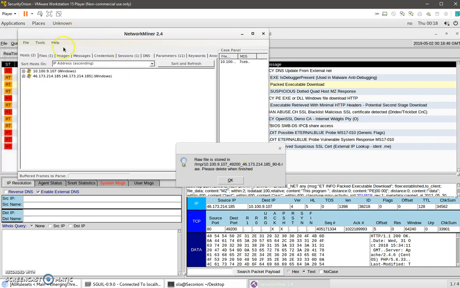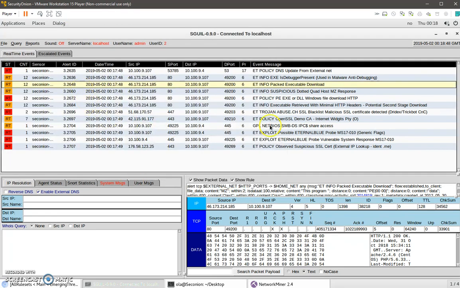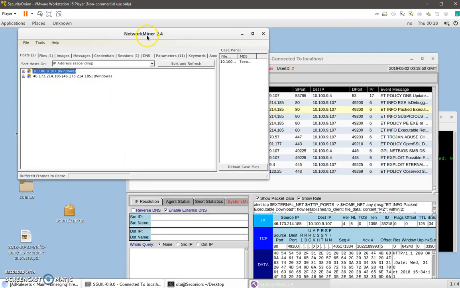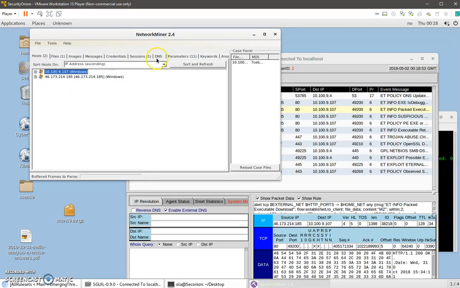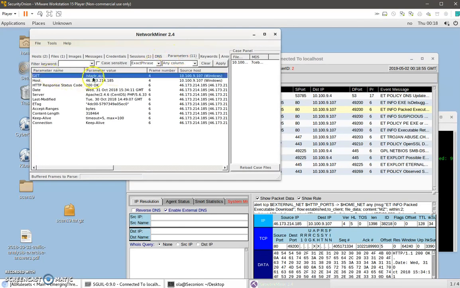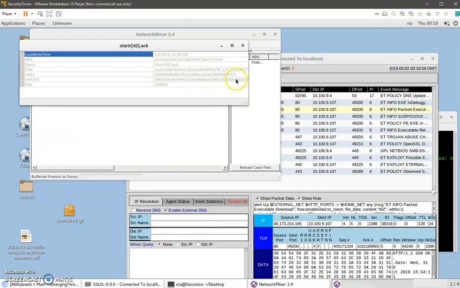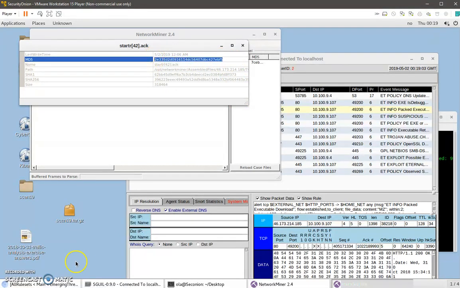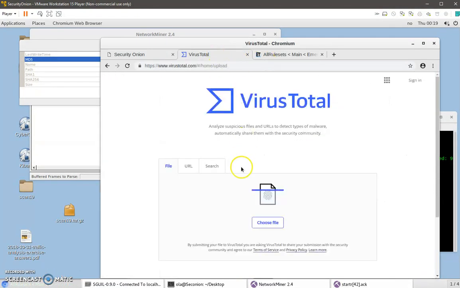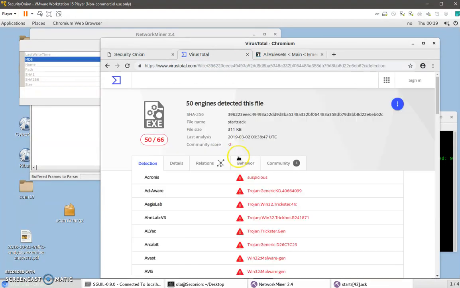So in NetworkMiner you can find some basic information about the host, but what we're looking for is the parameters. You can see there's a GET request for this file. So if you go to files and actually calculate the hash for the file, we can check that against VirusTotal. So it says it's malicious, so we already know that we're actually dealing with a true positive,